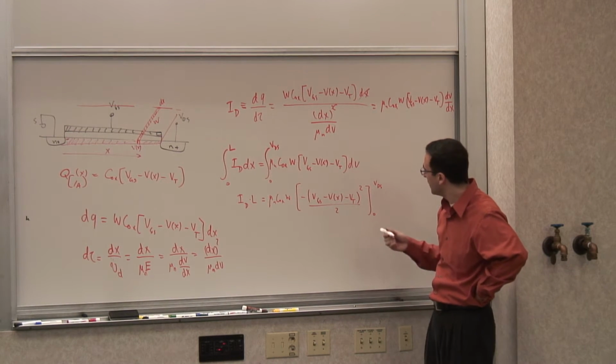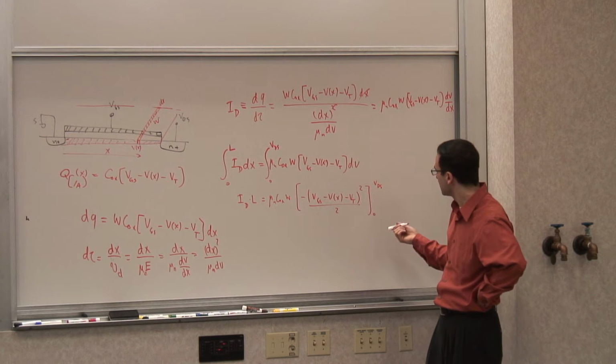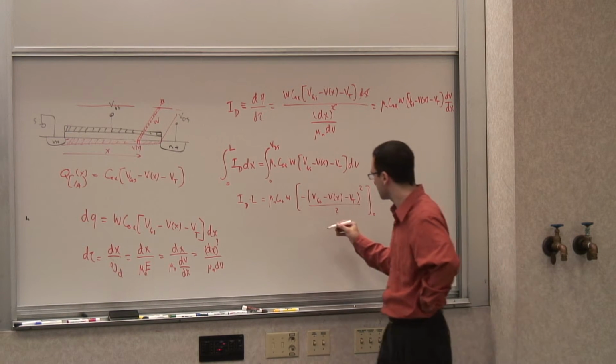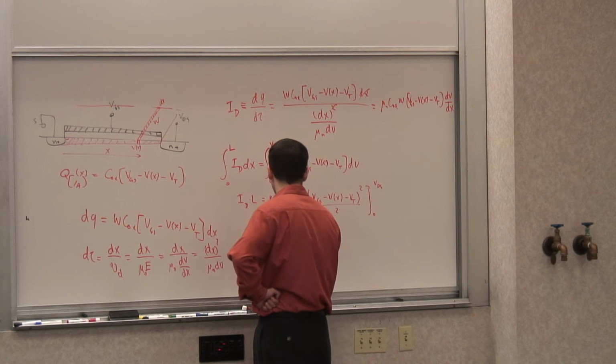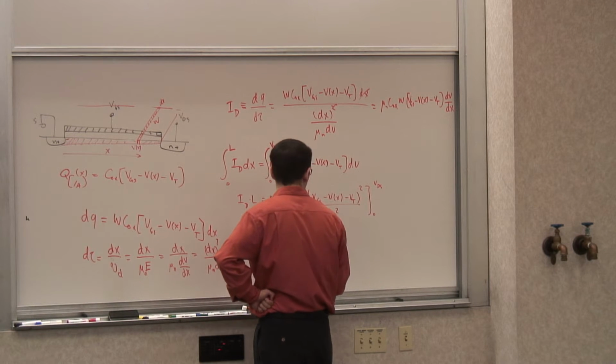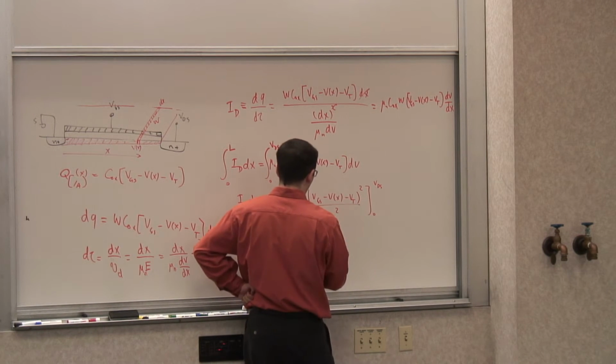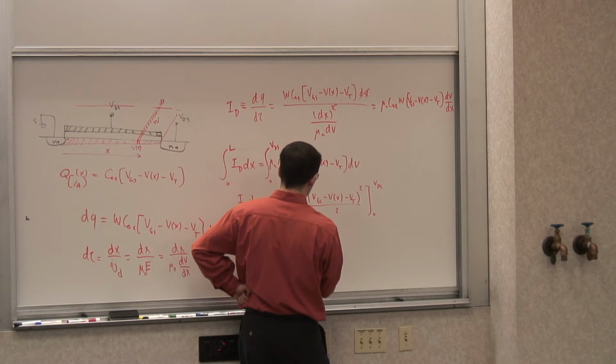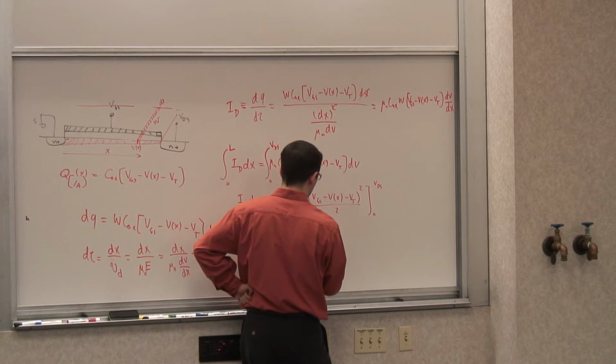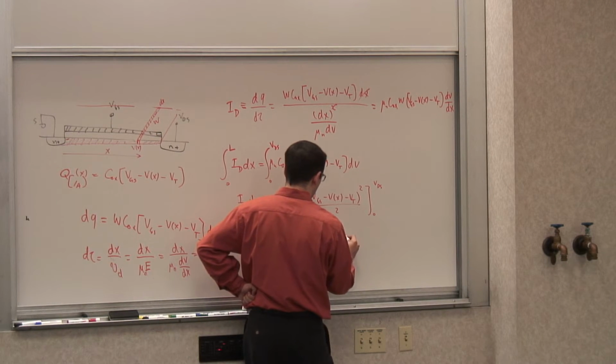So what is it for VDS? Let's plug it in. Let's just do that for 0. So it becomes mu n Cox W, you get minus (VGS minus VDS minus VT)